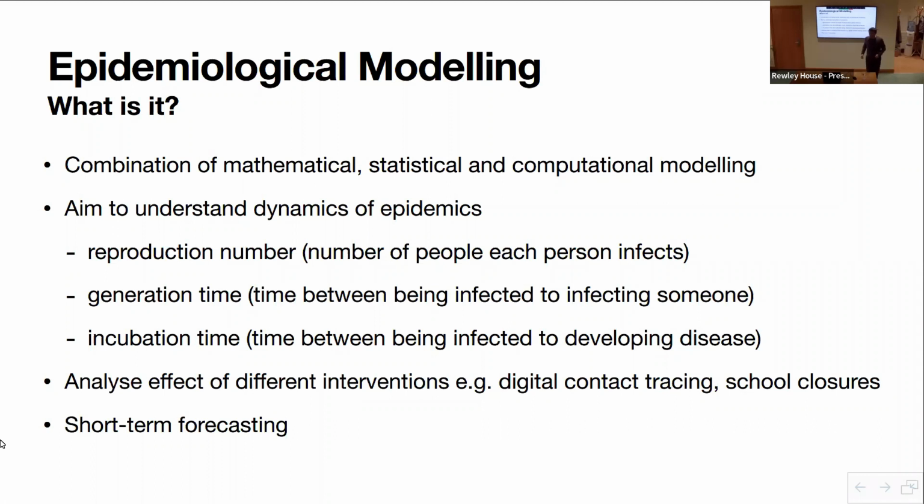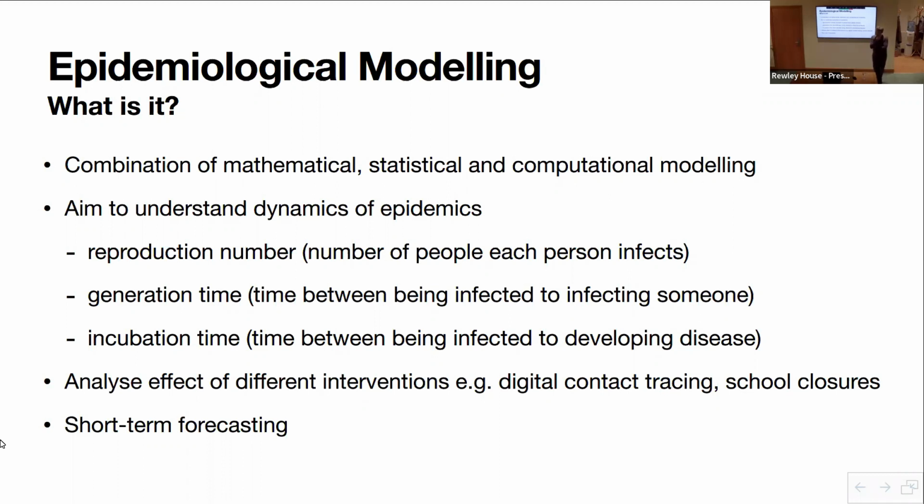The problem with SARS-CoV-2, though, was that the incubation time and generation time were about the same. So a lot of people were infecting other people before they had any symptoms at all. It's much harder to control if you are transmitting an infection before you know you have the infection yourself. Going back in history, HIV was very problematic for that reason too, because there were often zero symptoms for three to 4 years. That was a big period when people could transmit the disease without having any idea that they had it.